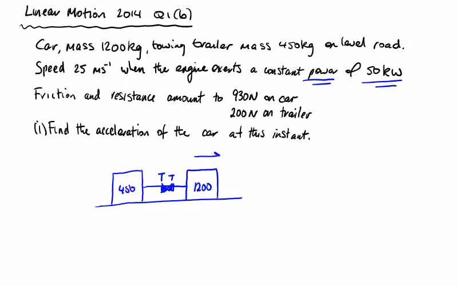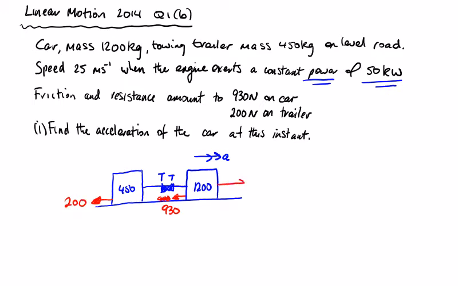It's going in this direction, so my A is going in this direction. We have resistance of 930 on the car. 930, and on the trailer it is 200. And